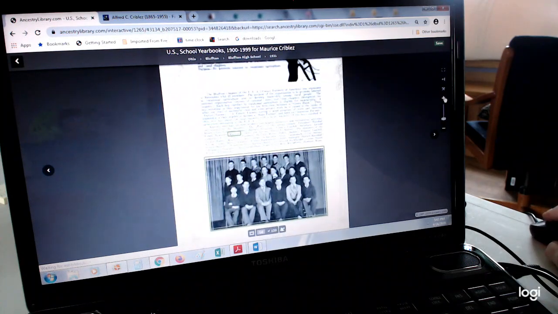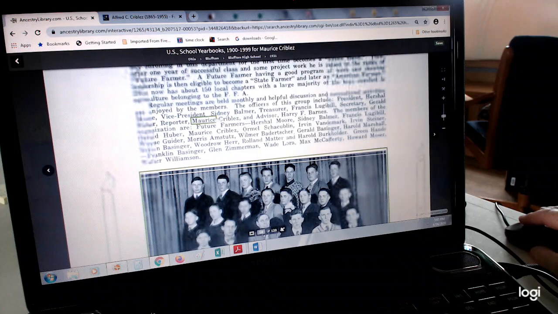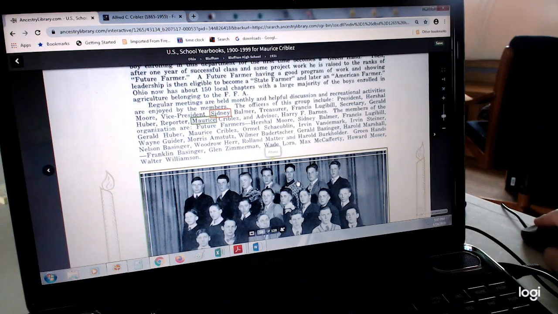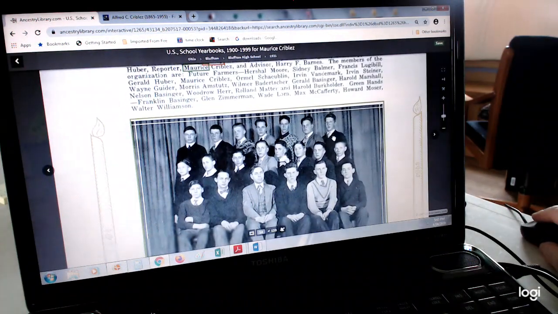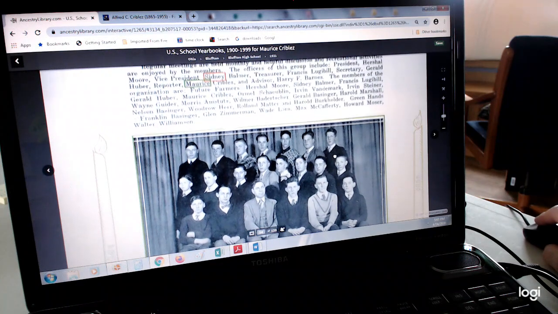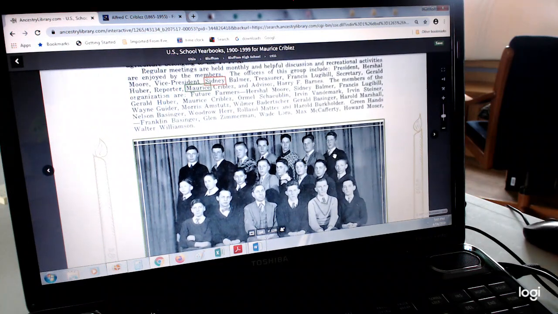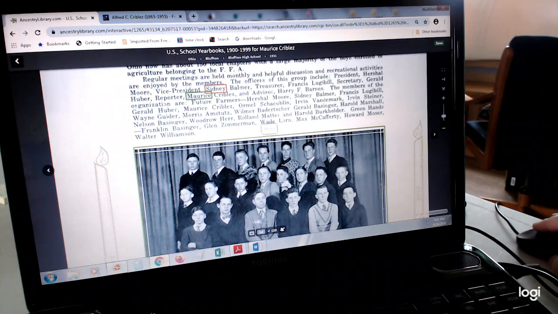And there he is. It will even show you in the text where he is. And then you can find him. Let's see, where was that at? He was the reporter for the FFA. Let's see here. See if we can figure out who he is.